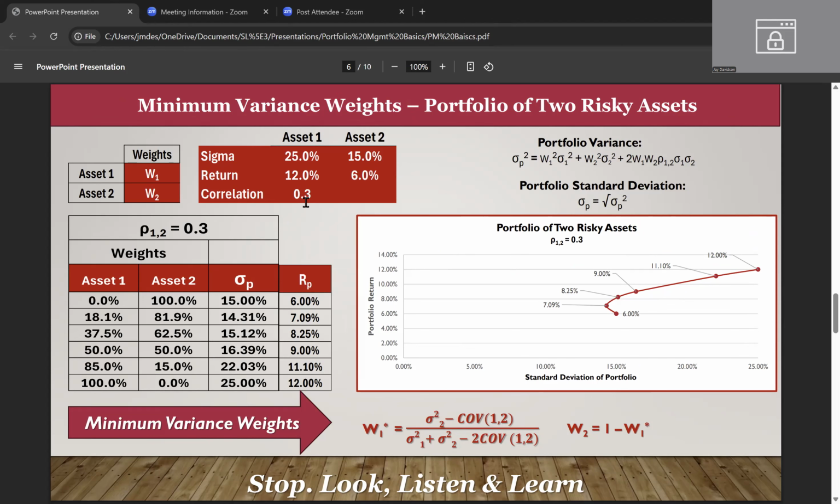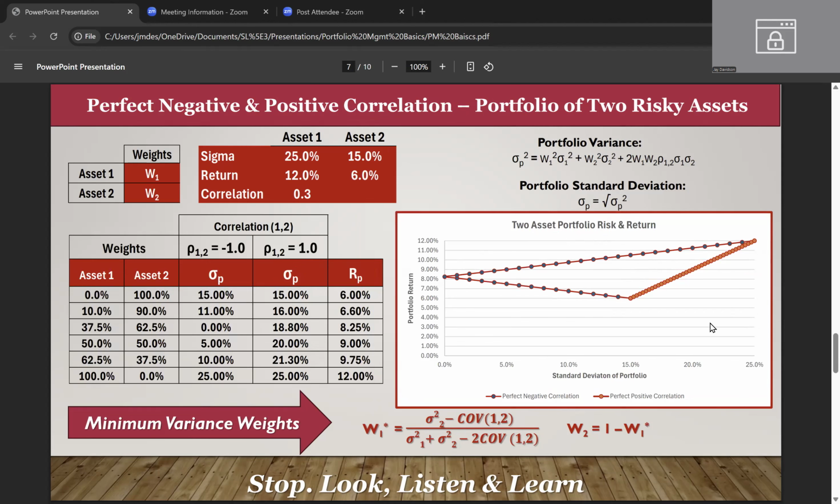And as long as that correlation is less than +1, you're going to get some diversification benefit. And when you say diversification benefit, all that basically means, in a nutshell, is that the standard deviation of the portfolio is going to be less than the weighted average of the standard deviation of the two assets, right? And so that's pretty much the closest thing to a free lunch that you're ever going to find in finance,